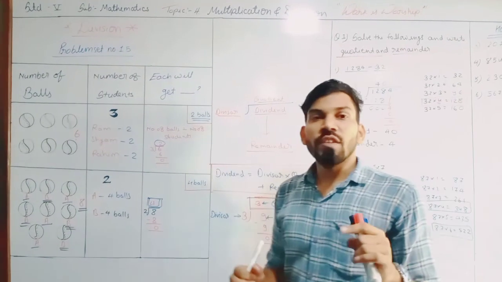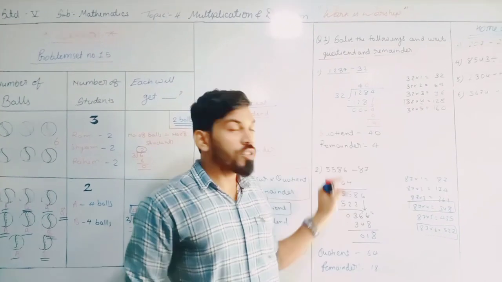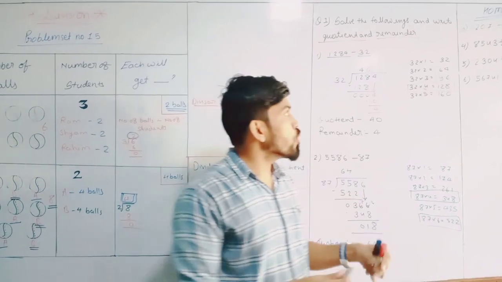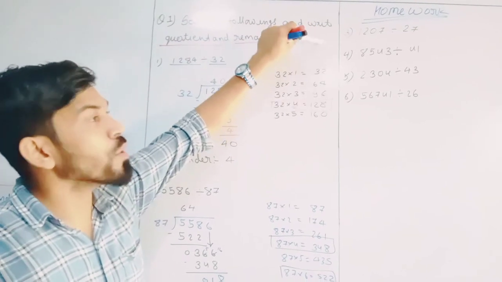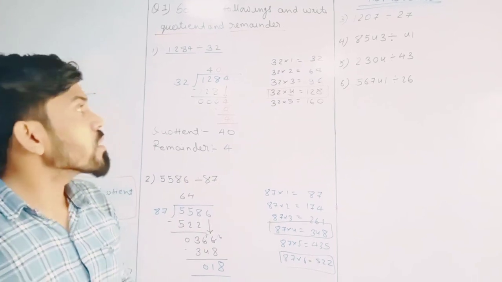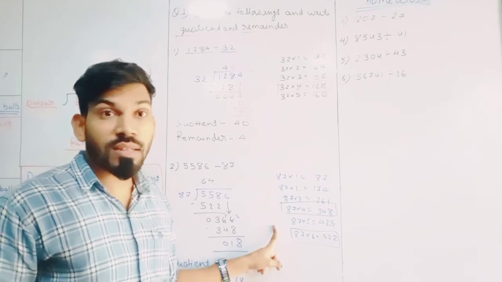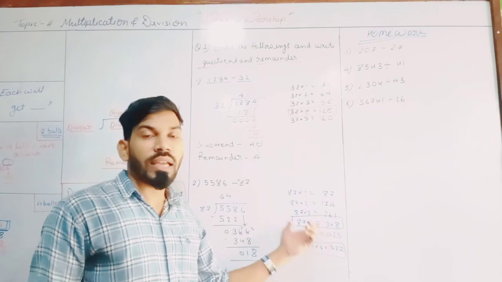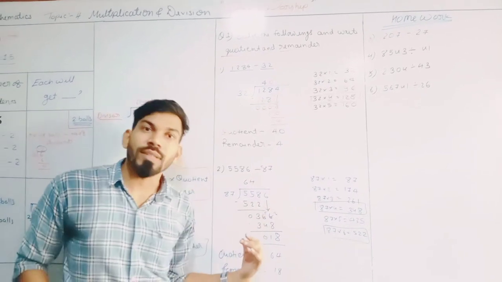This way we have to solve the numerical sums based on divisions. You also have to write two things, quotients and remainders. So you have the homework for today: questions number 3, 4, 5 and 6 of problem set number 15. You have to solve these 4 divisions by yourself. The same way, write at the side the table in multiplication form for the divisor, and read the table to see which is nearer to the dividend. This will help you. Solve and write down the quotients and remainder.